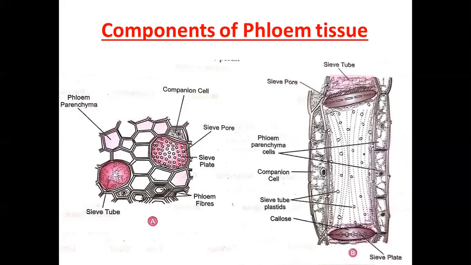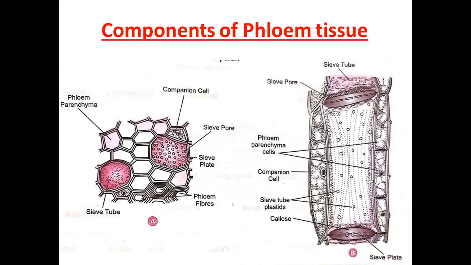Now, second is companion cell, children. What is companion cell? You can see in the diagram where it is situated. These are living cells, usually always associated with the sieve tube. Now, the sieve tube elements and companion cells arise from the same initial cell and therefore form a single functional unit. Each companion cell is living cell within the cellulose wall and active protoplast.